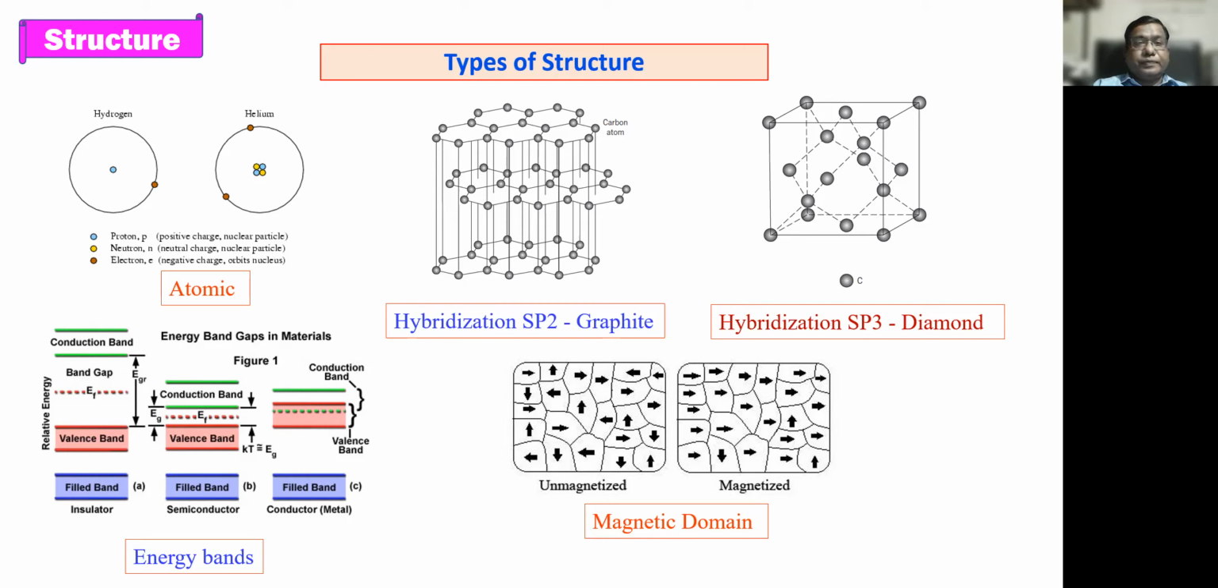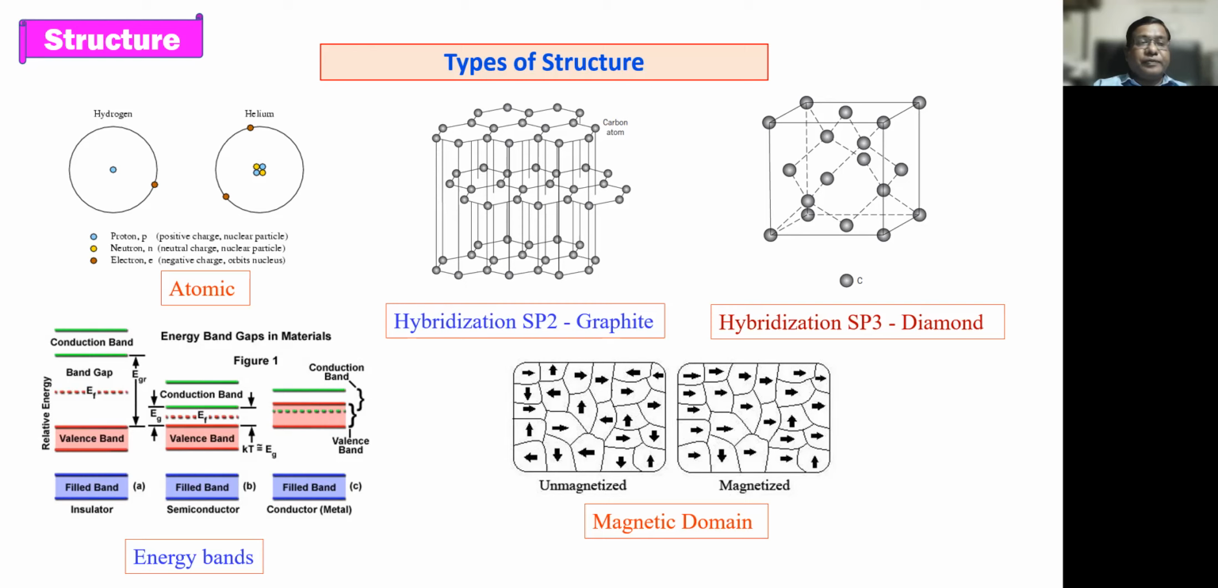So if this number changes, suppose hydrogen is having one proton, one neutron, and one electron. And if there are two protons, two electrons, or two neutrons, it will be an altogether different element, helium. So hydrogen has a different property, helium has a different property, and all these particles, protons, neutrons, and electrons, are